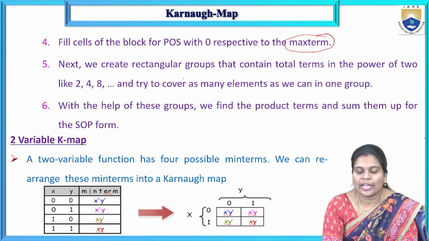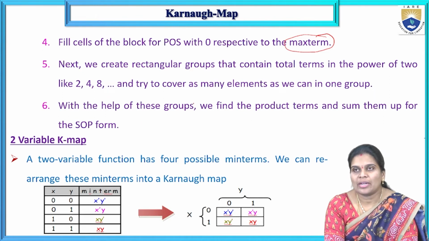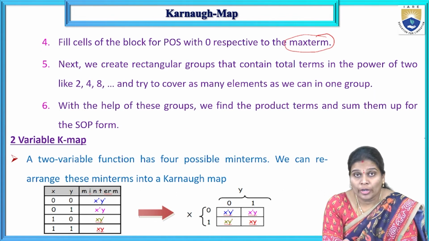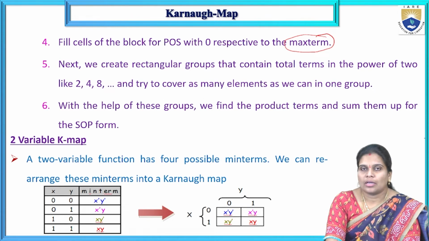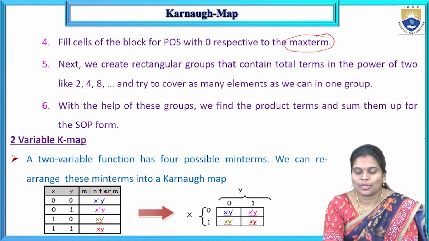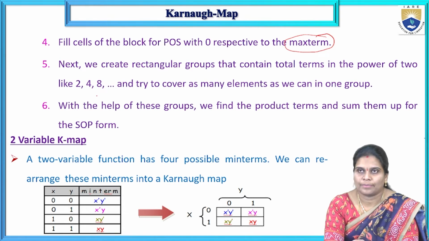Okay. Next, we create rectangular groups that contain total terms in the power of 2, like 2, 4, 8. Okay. So as many elements as we can in one group. We want to reduce these expressions, so here we are using groups. By using the groups, we can reduce the literals. The groups are either 2, 4, or 8 like this. With the help of these groups, we can find the product terms,